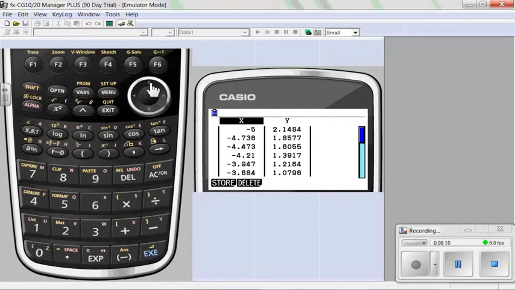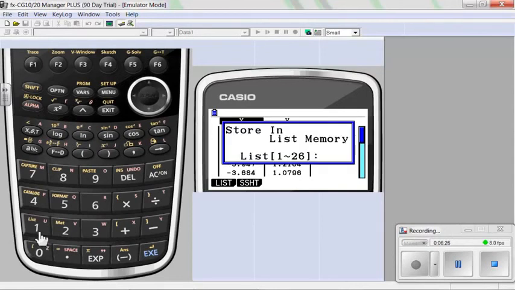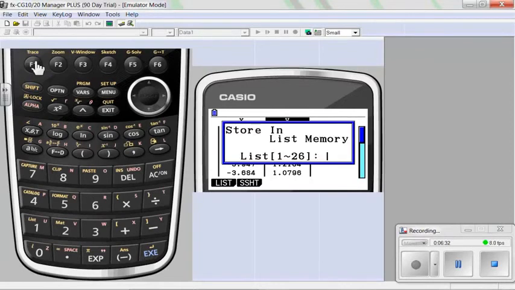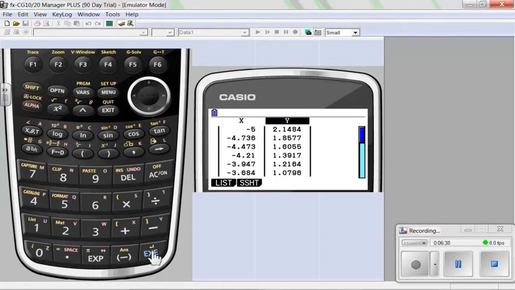There's my X and Y. It says store, so I'm going to go ahead and store this information. I'll store my X values in list 1. Execute. I'll toggle over. I'm going to store my Y values in list 2. If you saw my Pi Day video, you saw me do this pretty quickly, so today I'm going a little slower.